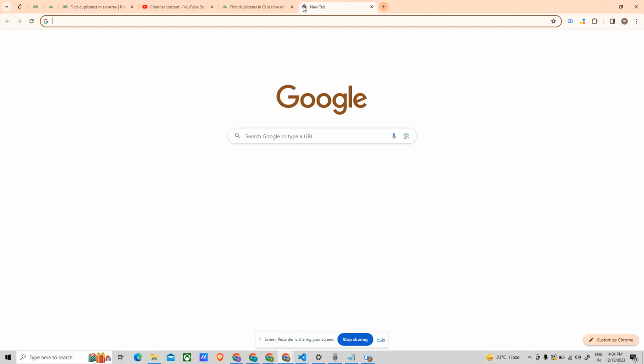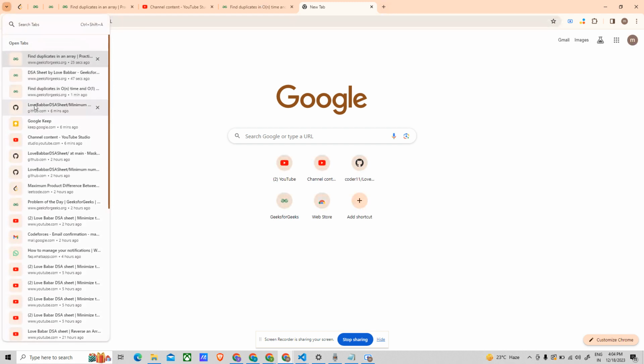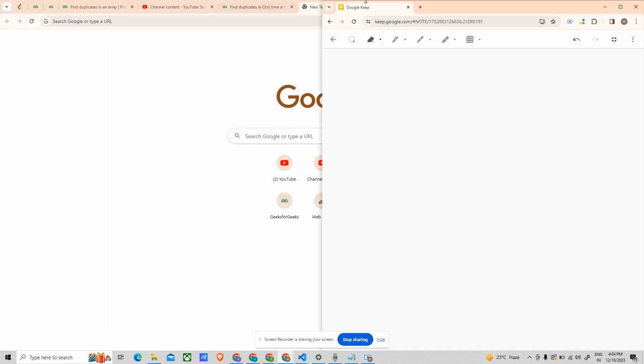So let's see what it says. Let me open the tab once. Note for notes. Yeah, here. So it says we have an array. Let me increase the thickness of the pen. Yeah, I think it is fine. Array A,